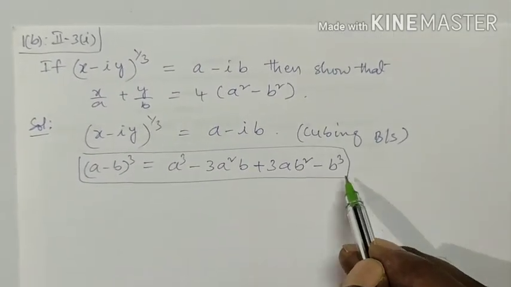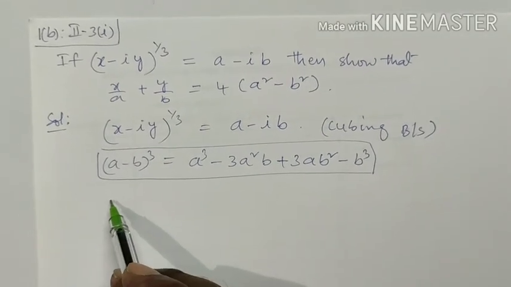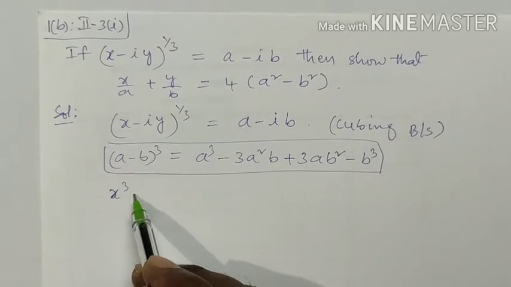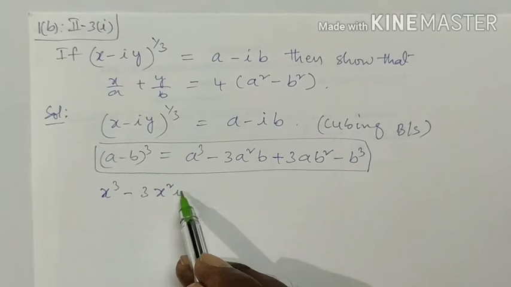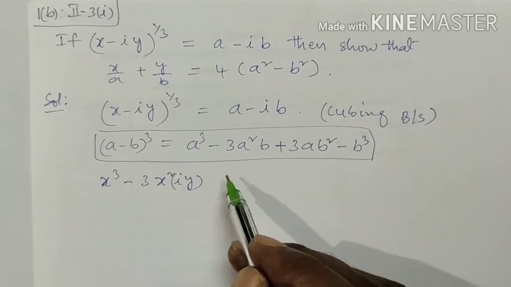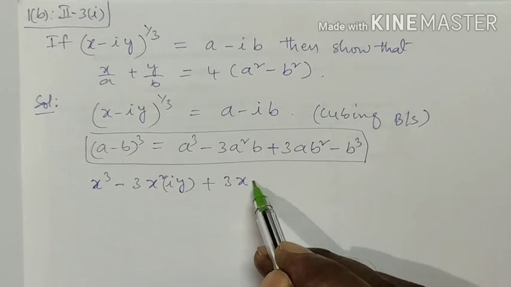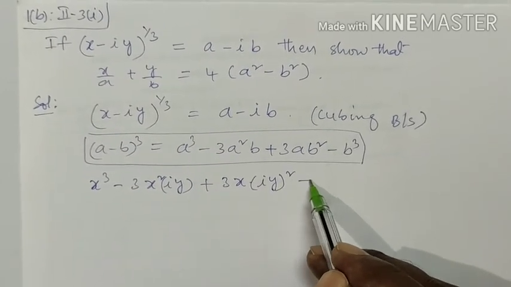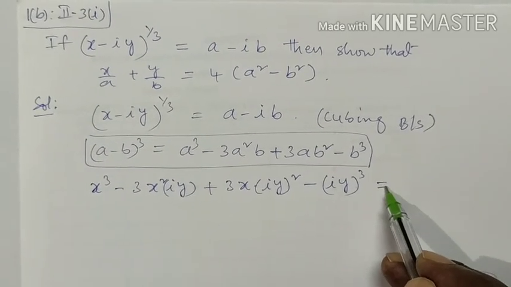By using this formula, we have to expand. (x minus iy) cube is x cube minus 3a square b plus 3ab square minus b cube is equal to